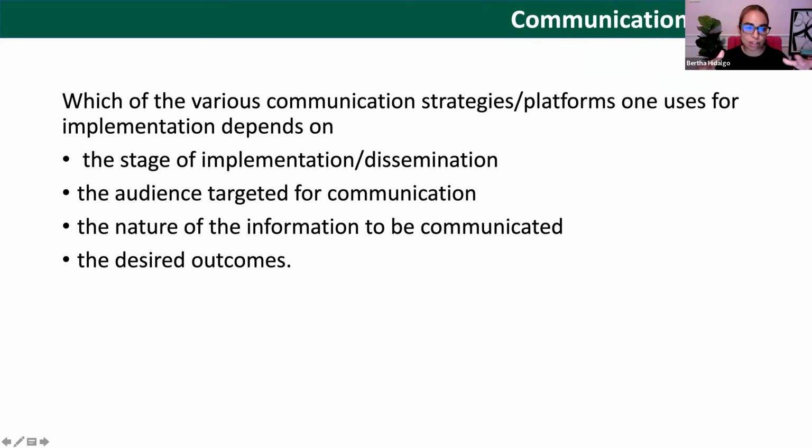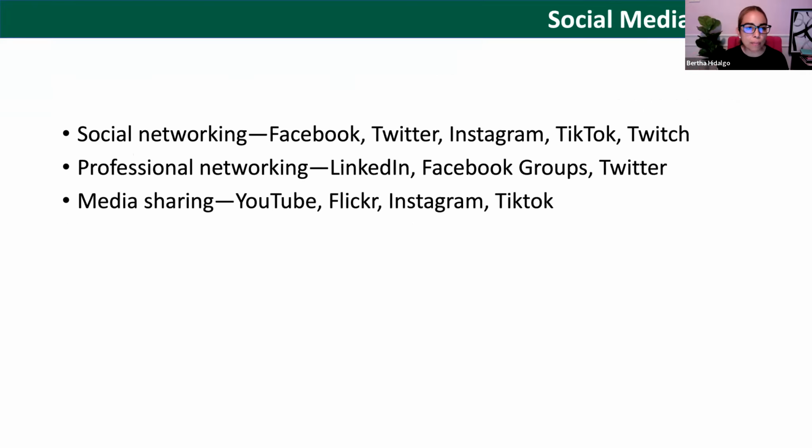We had awful dissemination of information during this pandemic. I think that is one example that we can use as a case study for understanding how best to disseminate information, and who the targeted audience are, the nature of the information that needs to be communicated, and what is the desired outcome, right? So really think through what is it that I want to accomplish after all of this is disseminated.